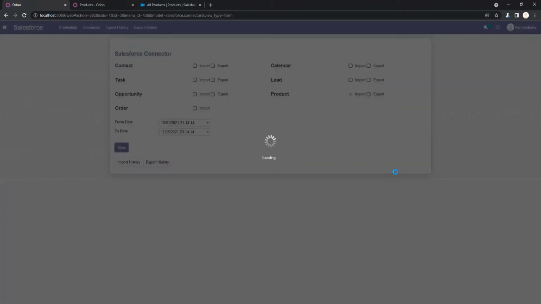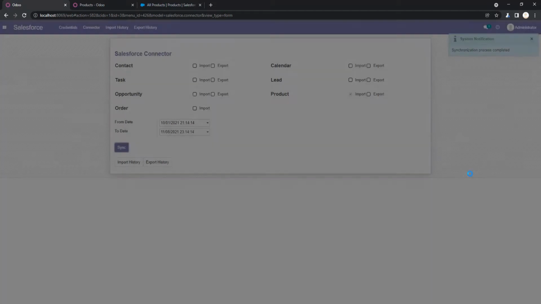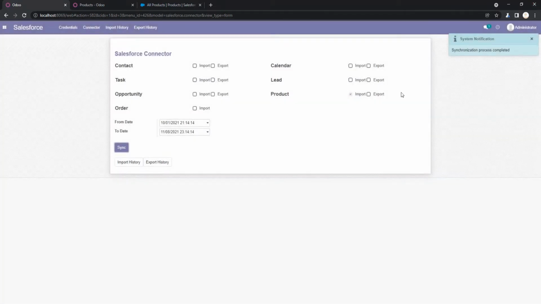Okay, so it will take a few seconds for the internal processing. Okay, so as you can see, the process is completed successfully.